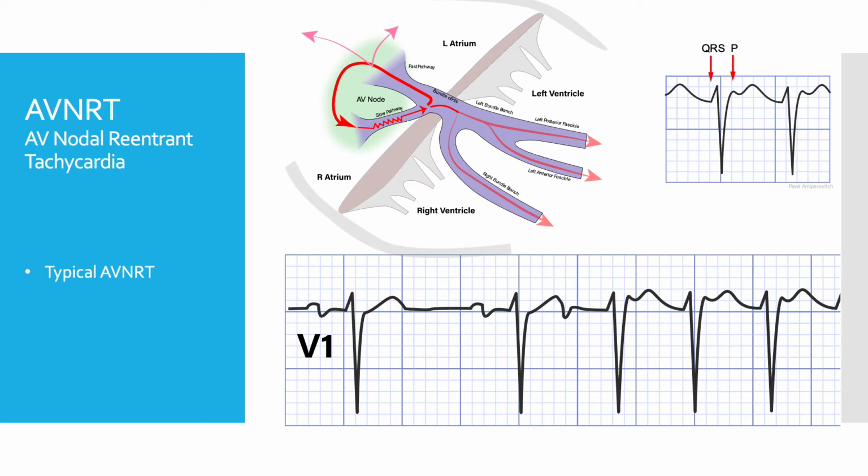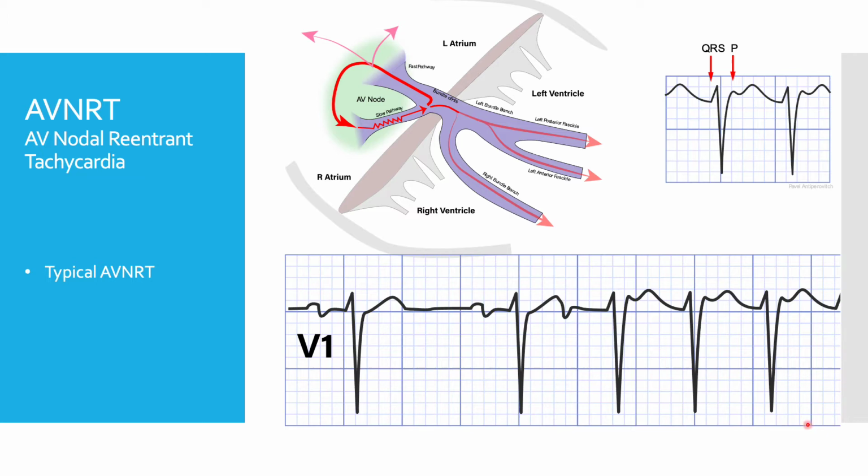It initiates with a premature atrial contraction, much like it did in the example we were discussing for initiation of macro reentry arrhythmias earlier in this presentation. This premature atrial contraction is followed by a long PR interval, which represents slow pathway conduction. After this, you see a QRS and a P wave that are overlapped, and the SVT continues